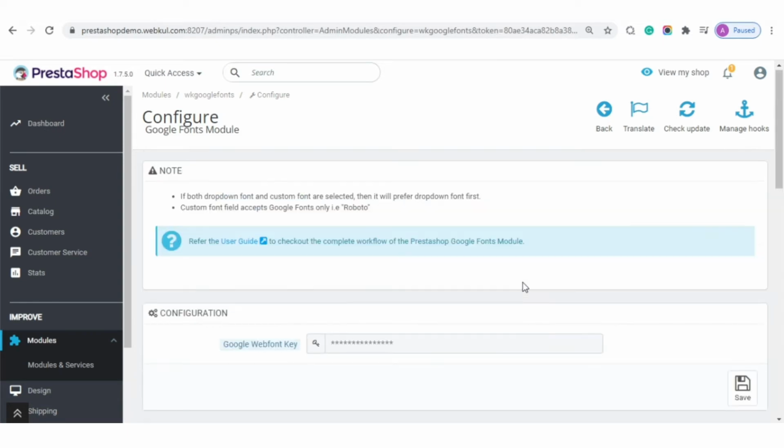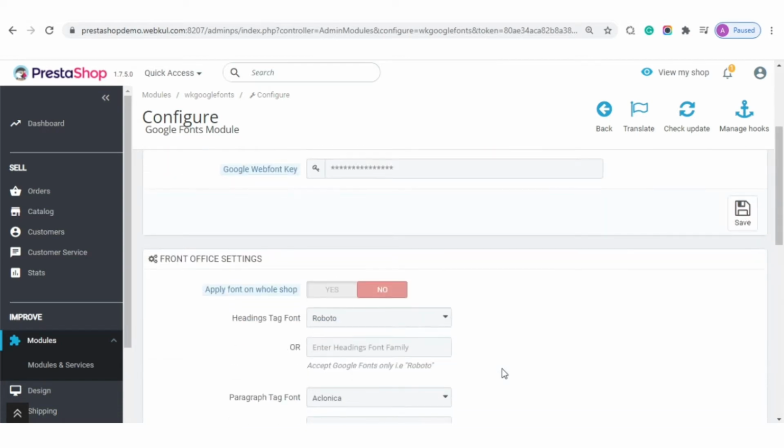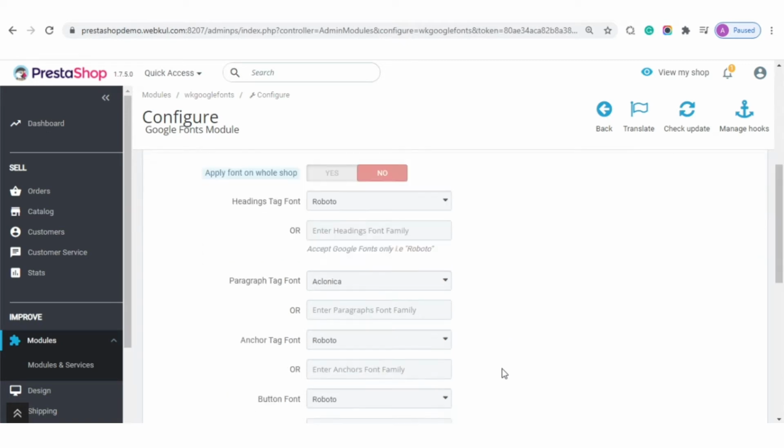If admin has not generated the Google Web Font key and saved here, then the Google Fonts will not be visible in the drop-down list, and admin can apply a custom Google font to the specific element or tag.